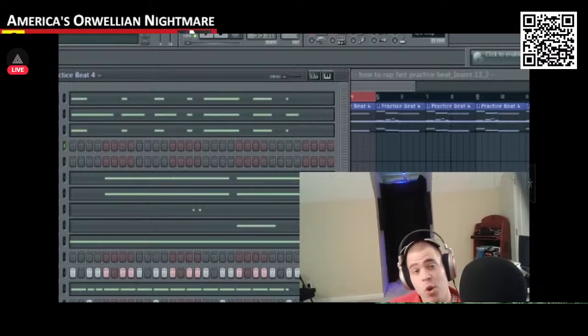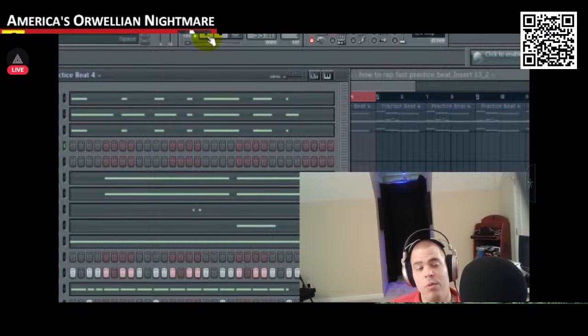What is a metronome? A metronome is a device used by musicians that marks time at a selected rate by giving a regular ticking sound. For an example, in this beat, let me just hit the metronome on solo so you can hear it. And it's going to give you a quarter note tick. It's the 4 count, which is what we're doing. 1, 2, 3, 4.